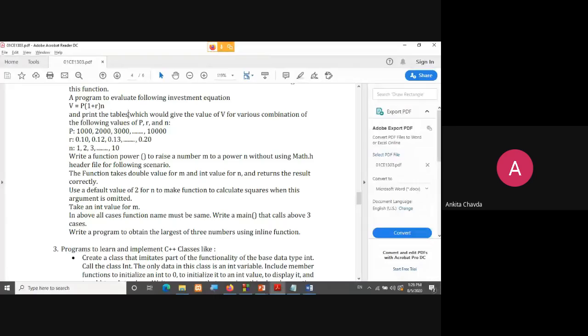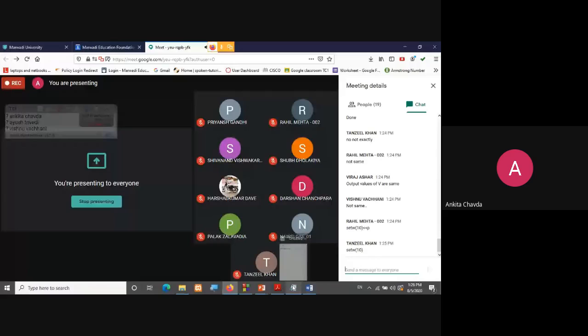This is not into n. Instead of that, you just need to use the power function. Many of you have said that you are getting the correct output for the V, so I hope that you have used that raised to n.